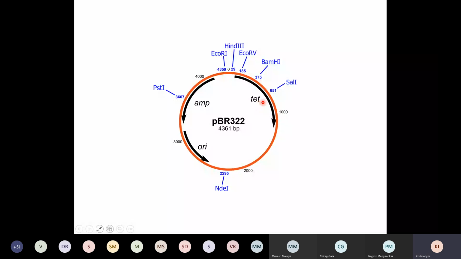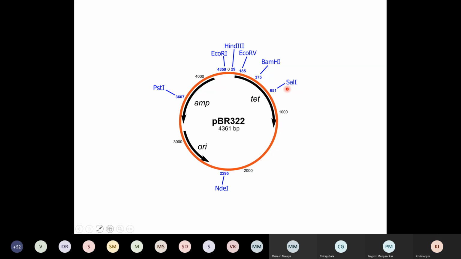Now, also shown is something very interesting. If you look here, there are names of a lot of restriction enzymes. This is one restriction enzyme called PstI. This is what we saw yesterday, EcoRI. Then there is BamHI, SalI, EcoRV, HindIII, and so on and so forth. What does this mean? In this plasmid, at various places, there are very specific palindromic sequences which are recognized by